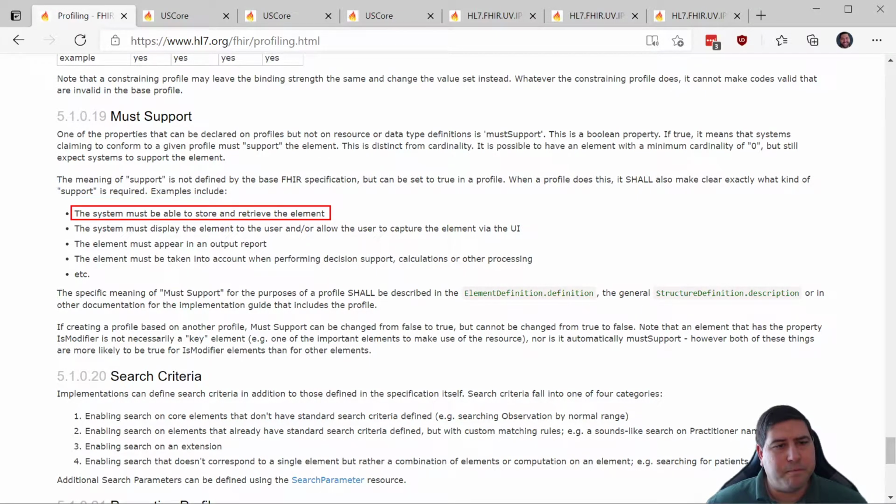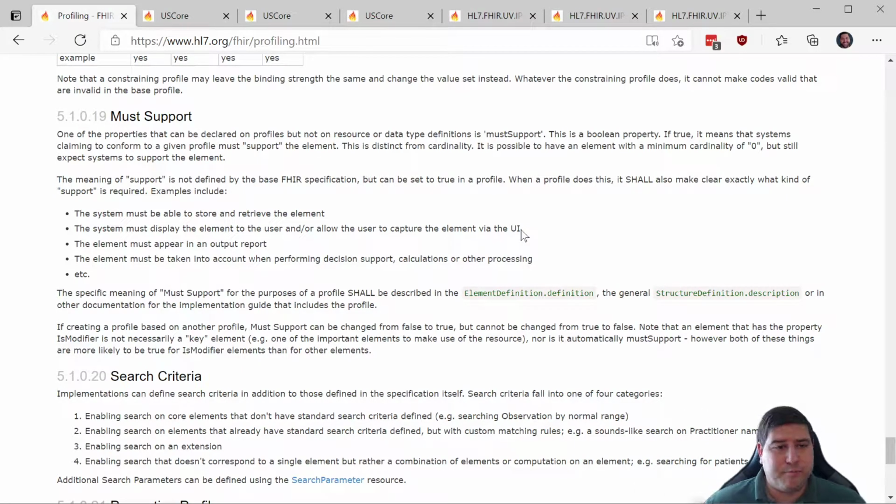That's pretty straightforward. If you say I have the user interface where this element is being used, well, I do need to display it. I might need to have it just in the UI. It might take me to a completely different screen. It might present an alternate UI. Going back to our example before, for instance, of that modifier extension, just having a little flag saying this is a modifier extension, do not use, that's probably not in the spirit of must support. You would probably want in the UI something much clearer to say this is not to be used for contact